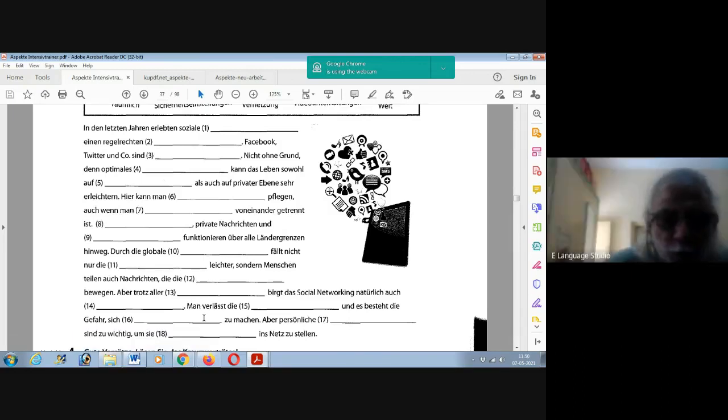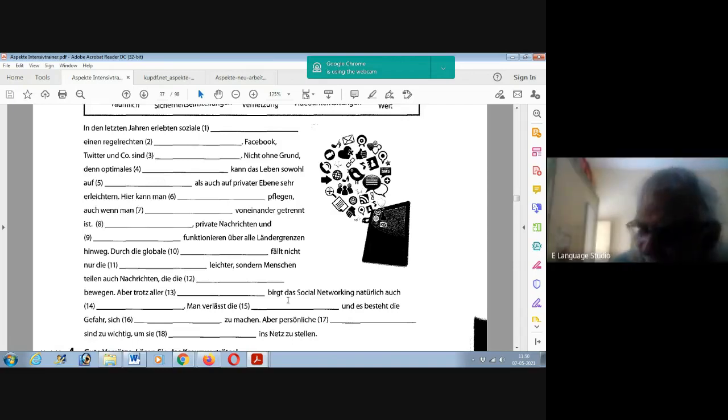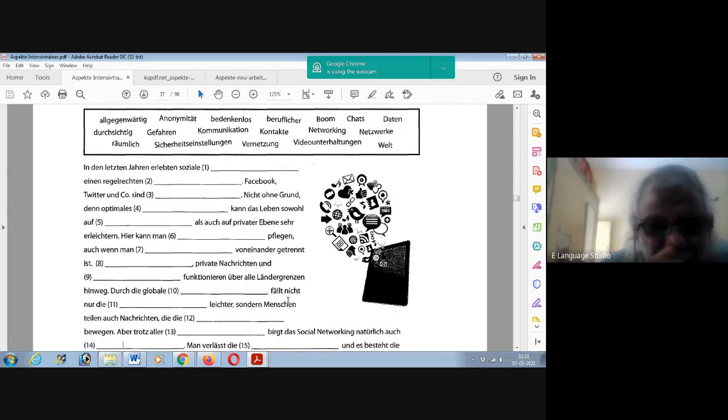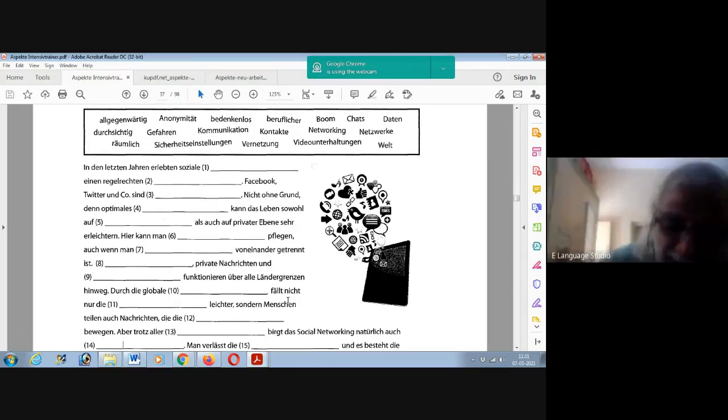Anonymity? No, that is an adjective. To a certain extent, you're right, but it doesn't fit here. Sir, Daten. Bergen here means Sicherheitseinstellungen. In spite of all safety regulations, in spite of all safety measures, in spite of all safety settings,